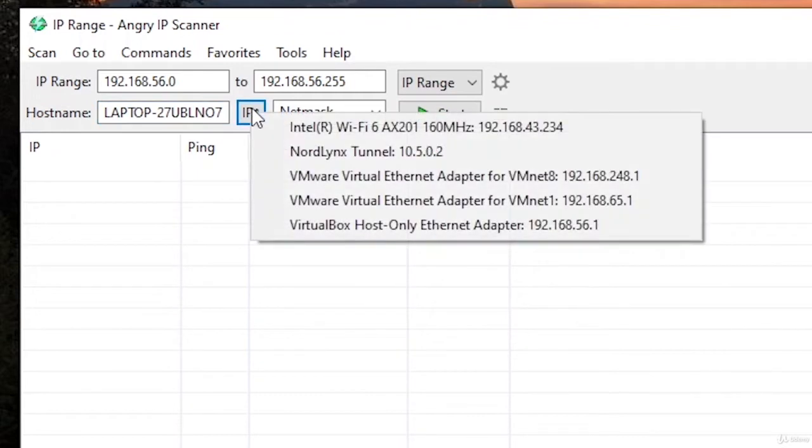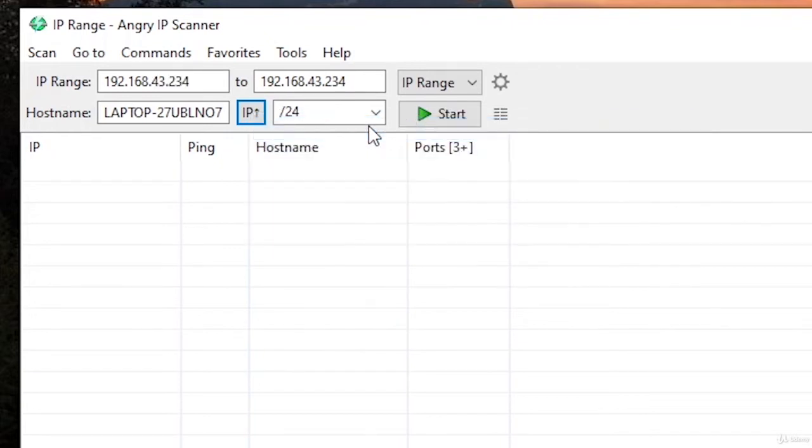So you click on that and you will see different stuff here. You may have just one or two or more, like me, and you're going to select the one with Wi-Fi here. This is the IP address of that computer in the Wi-Fi network. I have a few other ones here, for example, with virtual machines, but if I chose them, I would not be able to connect to the Raspberry Pi because it's not the same network. So I have to choose the Wi-Fi IP address, and as you can see, this will automatically update the IP